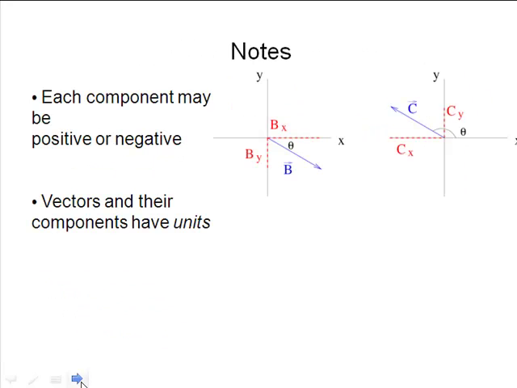The sign of the components gives us information about the direction of vectors. So vector C has a negative x component and a positive y component. Vector B has a negative y component and a positive x